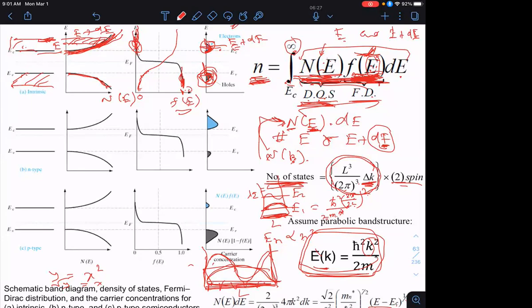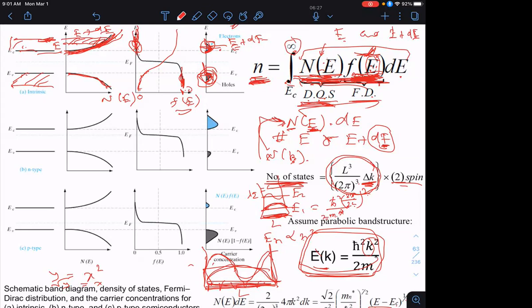Good morning, guys. So last time we had started talking about how to calculate the number of electrons in the conduction band and holes in the valence band. And we said that the answer comes in two parts, as shown by this integral over here. So for example, to calculate n, the number of conduction electrons, what we first have to figure out